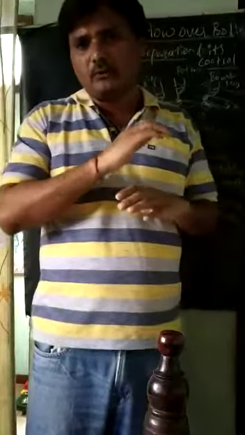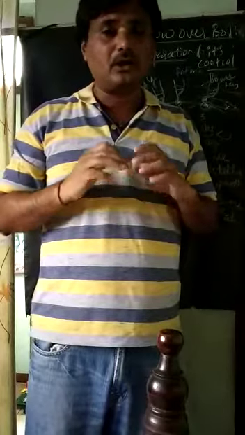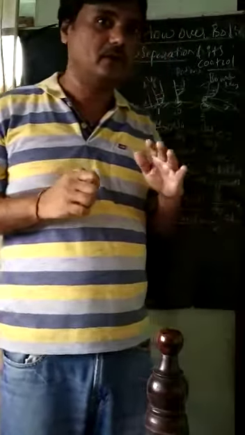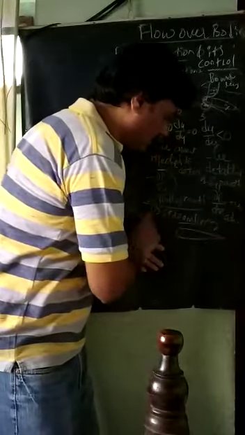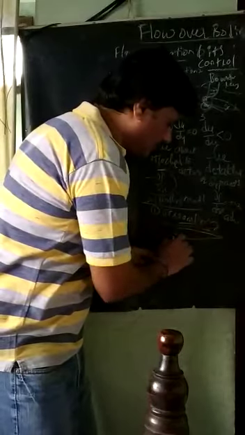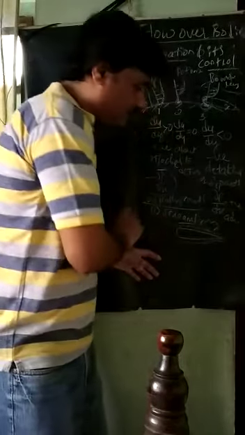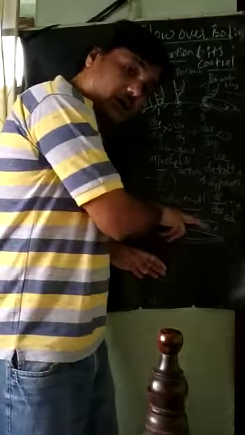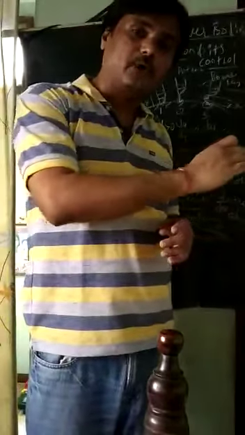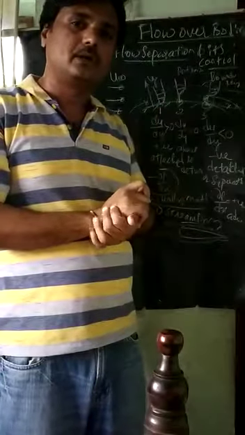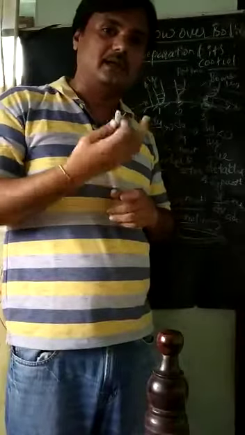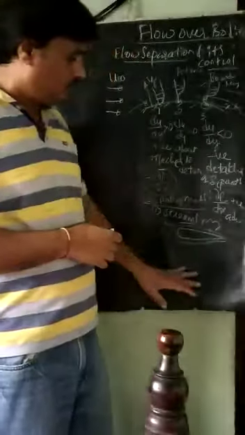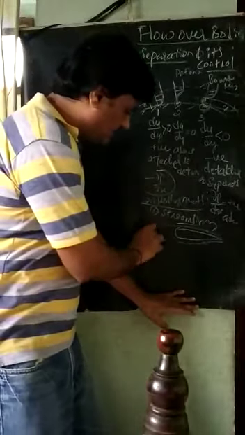What is streamlining here? Streamlining means an almost aerodynamic shape, not sharp edges or flat surfaces. If I take an aerodynamic surface, the flow will take place along the surface of the body. When the flow follows the surface of the body, definitely the flow will be separated at the next points. Delay will happen here.